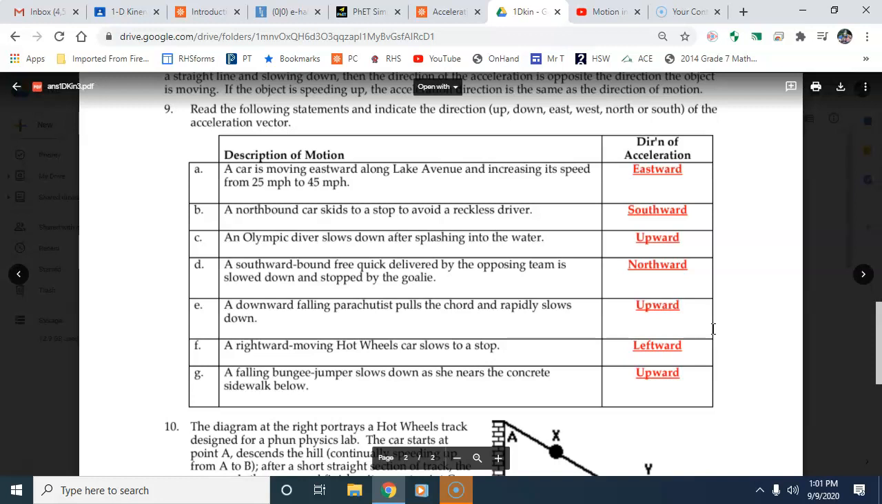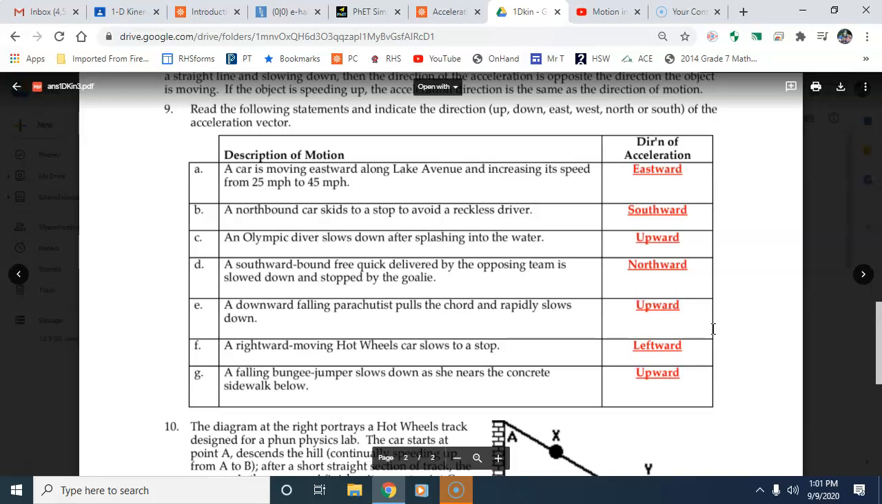So in letter A, the car is moving eastward along Lake Avenue and is increasing its speed. So it's telling me it's speeding up. From 25 to 45. What would be the direction of the acceleration? We don't have enough information to actually find it as a whole number. We just want the direction. So if I'm moving east and speeding up, then the acceleration has to be what, guys? Since we're using east and west, use that. So eastward, right? Same. If we're speeding up, same, right? If we're slowing down, opposites. Or whatever the